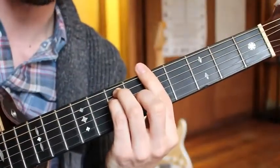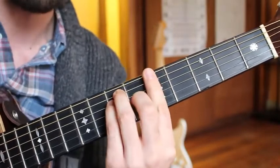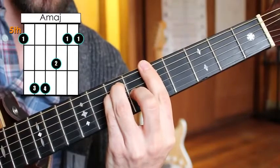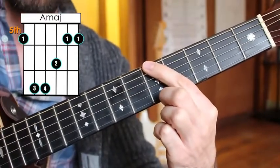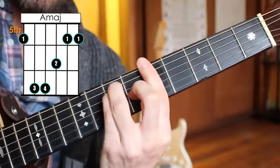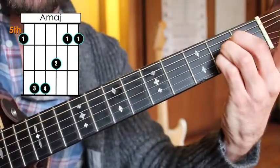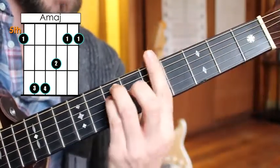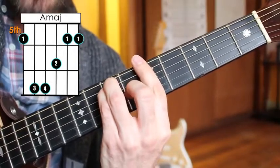Okay, now that you know the basic mechanics behind building a bar chord, I'm going to invite you to meet me here on the 5th fret, which creates an A major chord. Again, I know that because my 1st finger is playing an A note on the 5th fret of the low E string, A major. You'll find that it sounds the same as the open position A major chord. Alright, so heading back over to our bar chord shape, our barred version of A major, let's talk about the